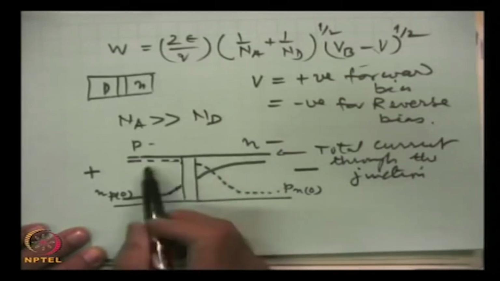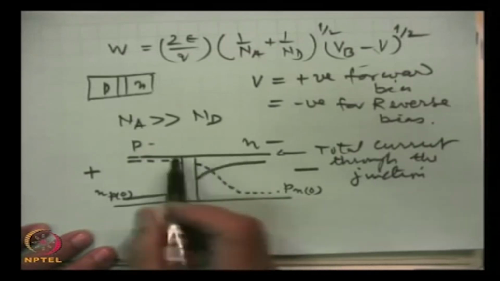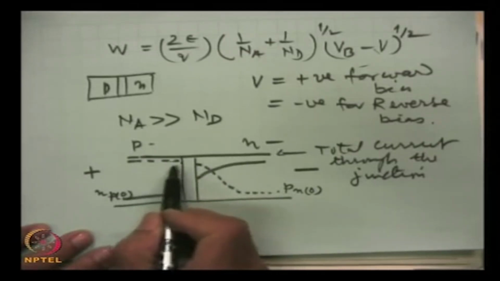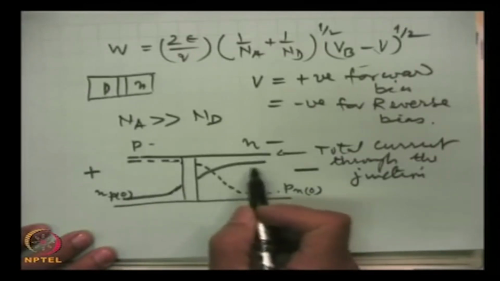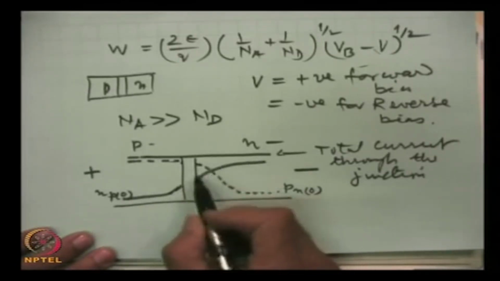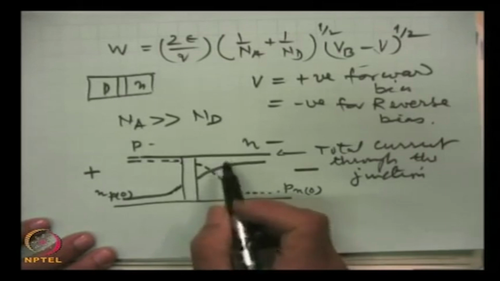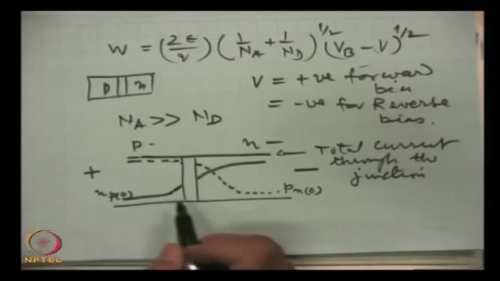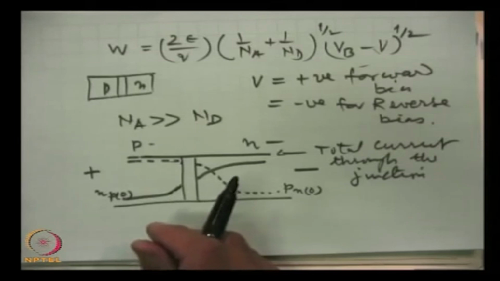and where major portion will be of diffusion, but partly here these electrons, because the carrier concentration in the region near the junction will fall, they will drift. Similarly, the electron concentration will fall in this region and electrons will drift under the applied field and they will form the current. So, actually there are both components of current, diffusion current and drift current, but major portion will be of diffusion